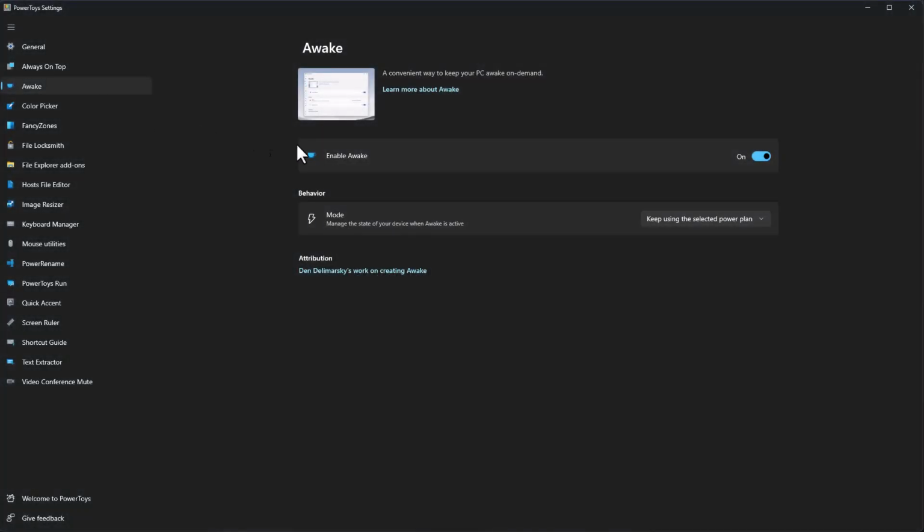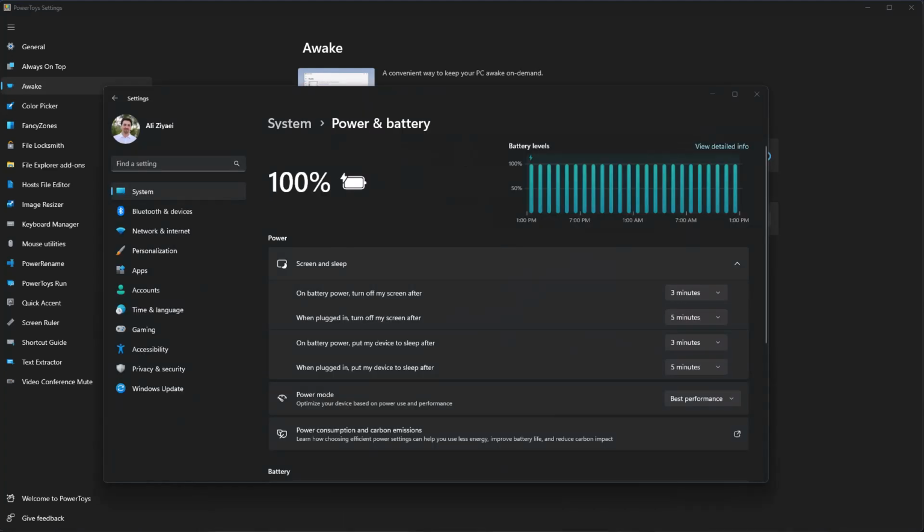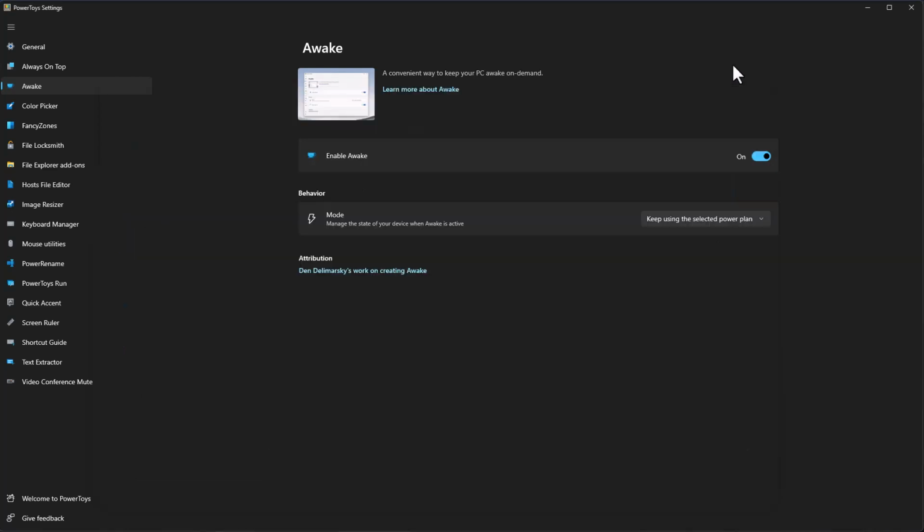Awake is a quick way of preventing your computer from going to sleep without the need for changing your power settings. Yes, we can always go to the settings and change our desired power configuration, but then we need to remember to change it back to the previous settings. Awake allows you to overwrite these values for a specific duration of time without the need for changing the actual